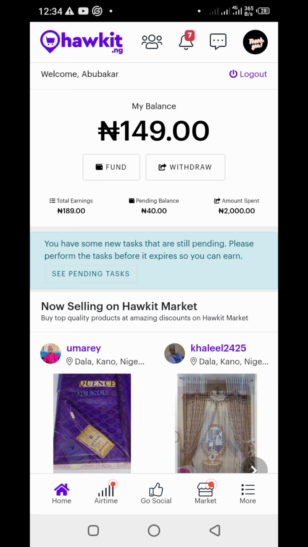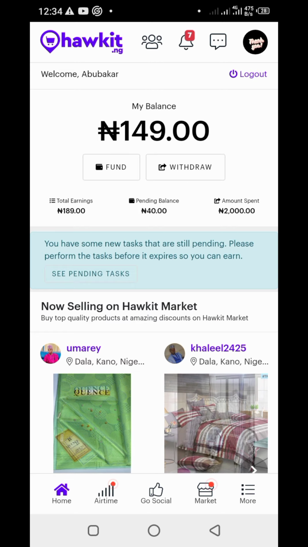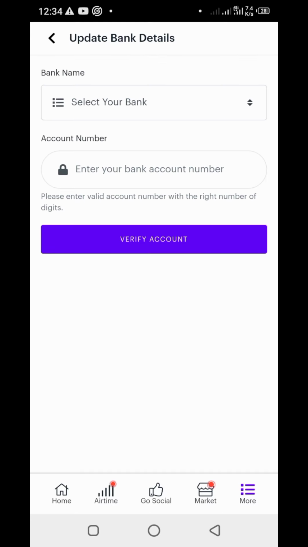You can press the withdraw button and it will take you to the place where you can update your bank detail. You can select your bank. After you finish, you enter all your bank details and you place your withdrawal. The withdrawal is very fast. Then you can fund your wallet also.